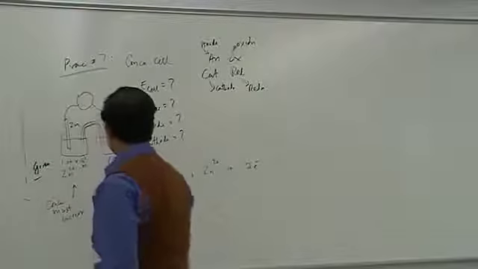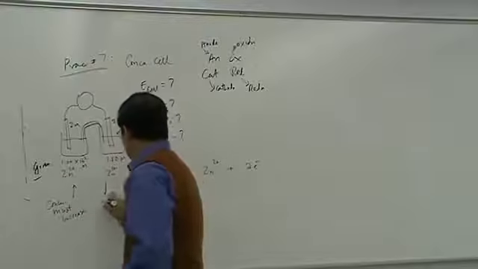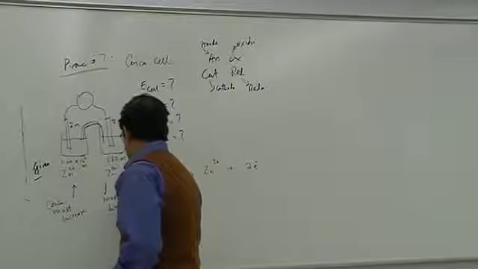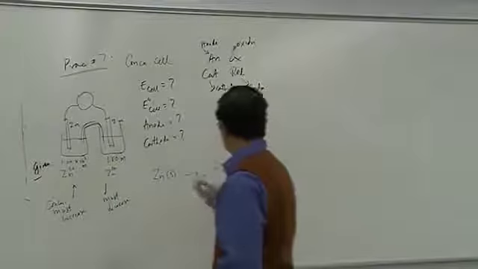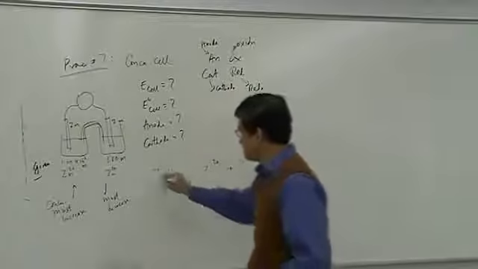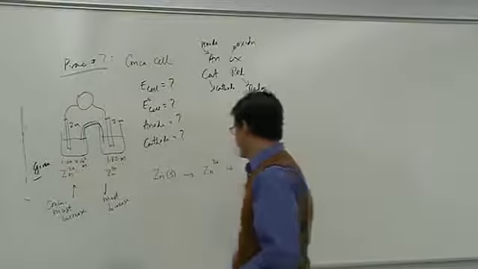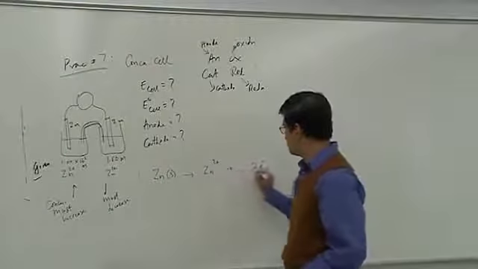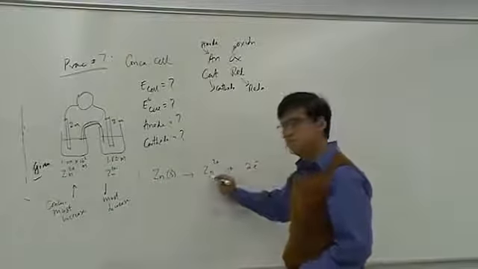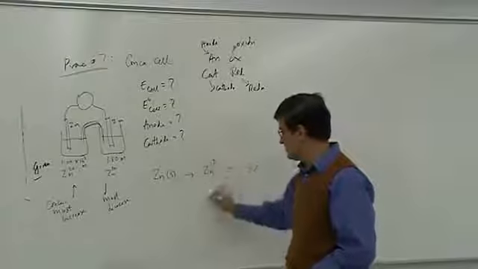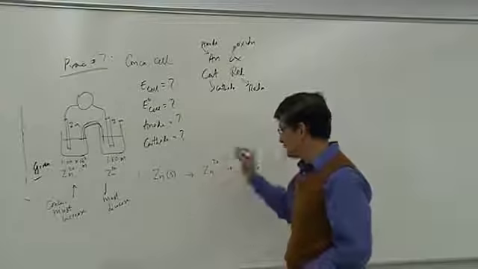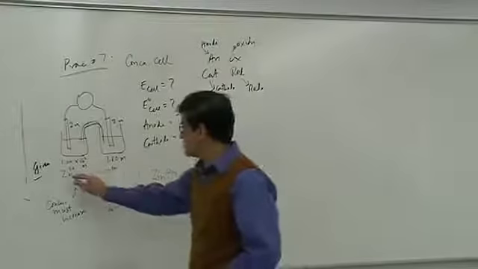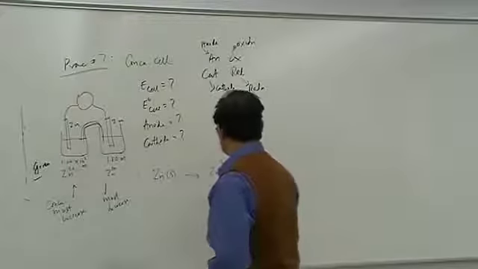Because it's a smaller value. This is the larger value. Must decrease. Now that should help us to find out which way this reaction is going to happen, whether left side or this side. Here, as time goes on, if zinc is going to get rid of electron, zinc 2 plus concentration would go up. So as this reaction happens, this concentration would go up. And that means we're talking about this concentration, the smaller value,